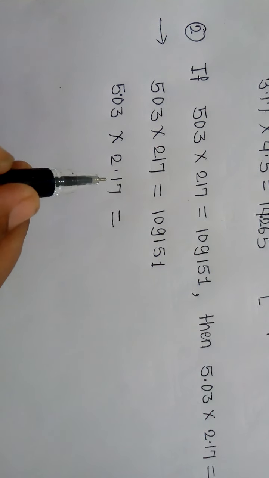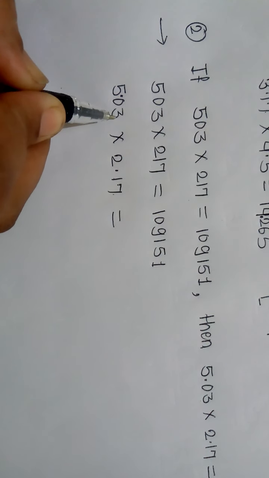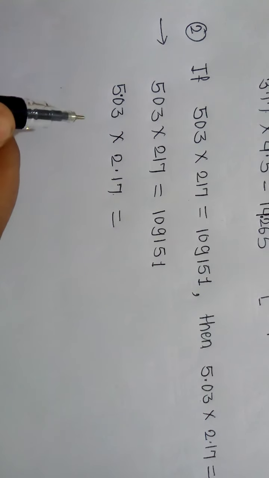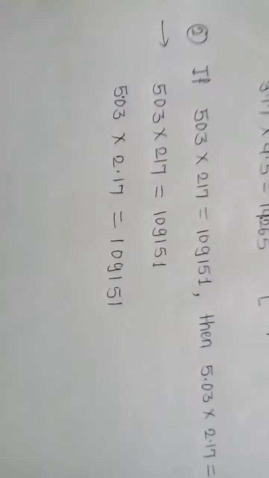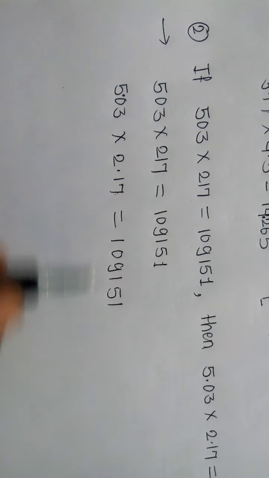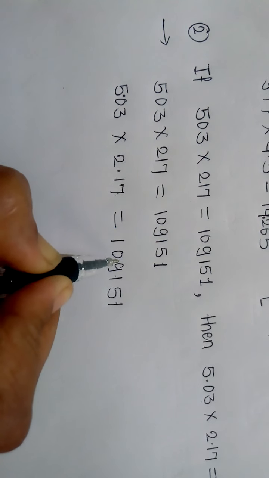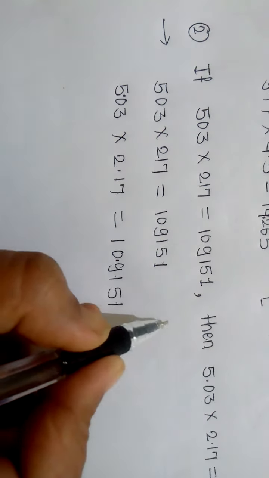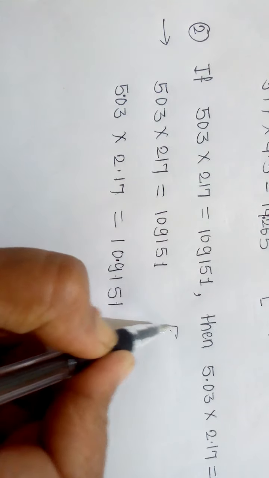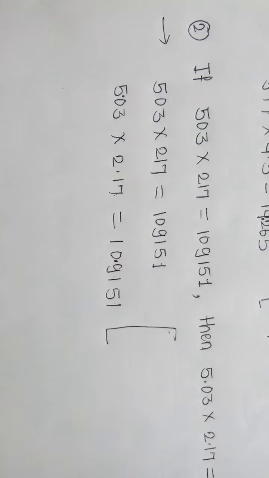Now we will think about the decimal point. Here 1, 2 places are there after the point, and here also 1, 2 places are there. So in total how many places? 4 places. So the answer as it is we will write. Now we will think how to give the decimal point. 1, 2, 3, 4. So from the right side we will leave 4 places, 1, 2, 3, 4, and here the decimal point will be there. So here in the bracket I will write: put decimal point before 4 places from right.